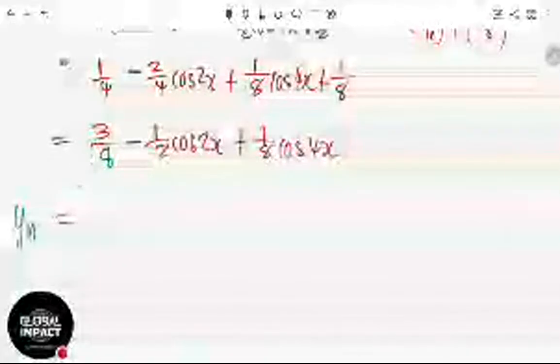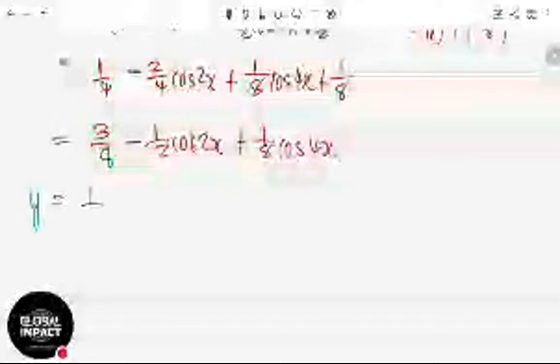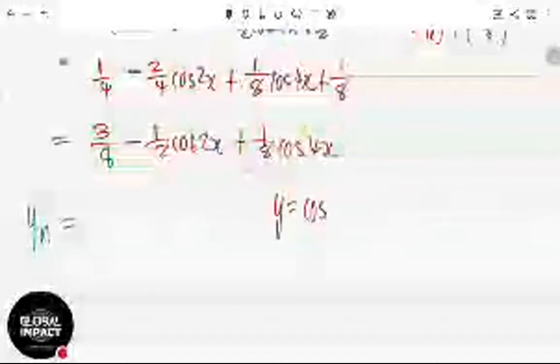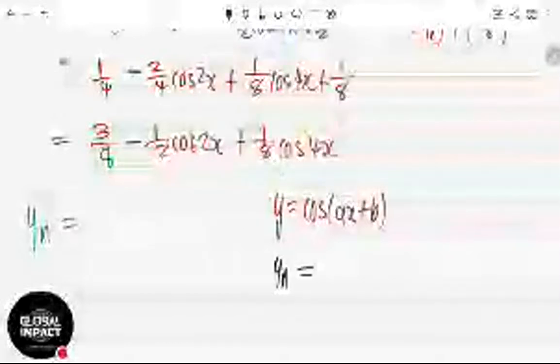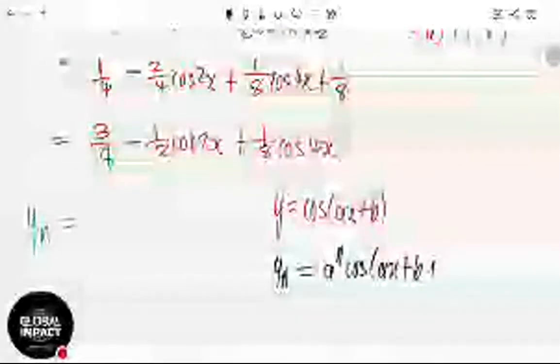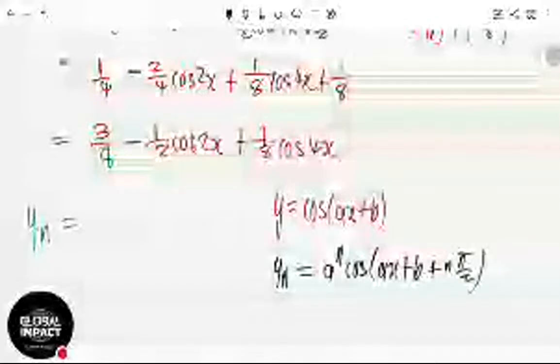Okay, so let's first write what we actually had. We actually had y being equal to 1 over 8, cos, even if I leave it like that, let's just get the nth derivative. We don't have to wait. We saw that if I have y equal to cos of ax plus b, my nth derivative was what? What was my nth derivative? Yn was a to the n cos of ax plus b plus n pi over 2.